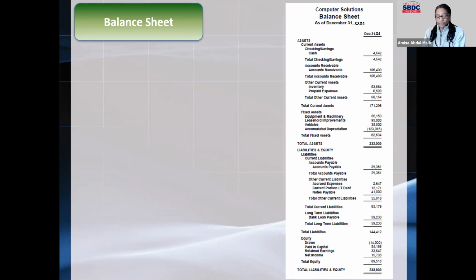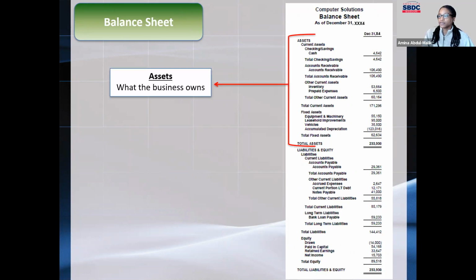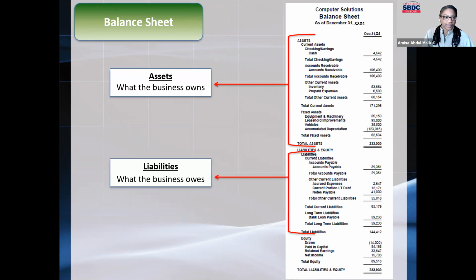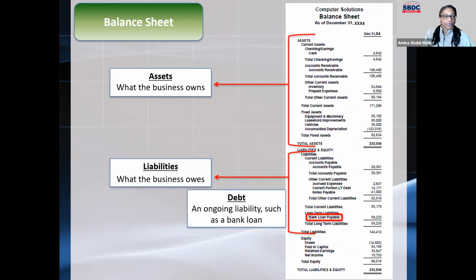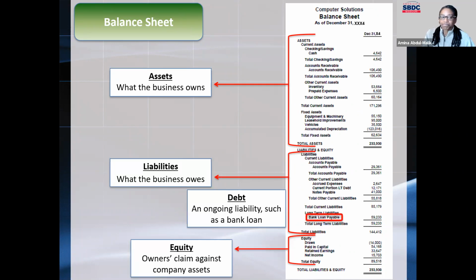And so now you spoke it up already. We are headed over to the balance sheet. And so the balance sheet looks a lot different because it's describing and showing you different things about your business. Let me get all of this pulled up here. Okay, great. So if we take a look at Computer Solutions balance sheet,